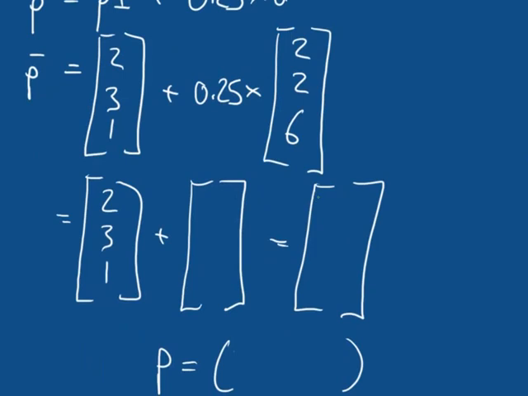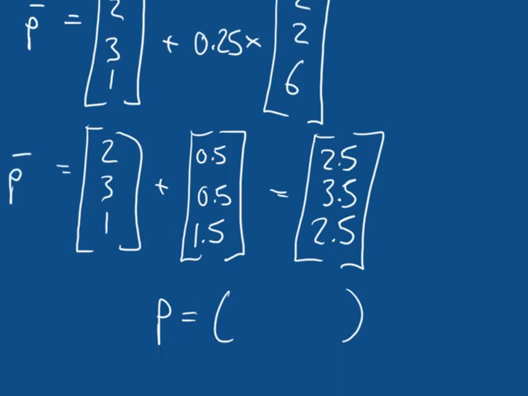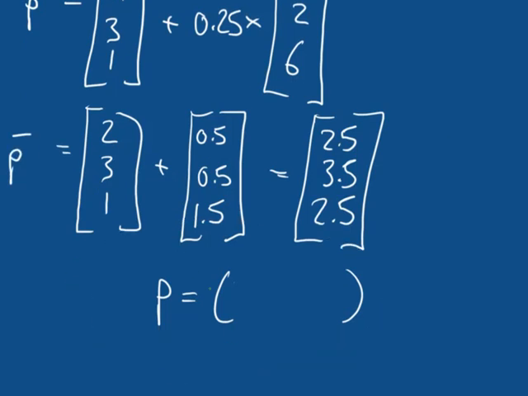which means we're going to get that p is equal to 2, 3, 1 plus 0.25 times 2 is 0.5. 0.25 times 6 is 1.5. So 2 plus 0.5 is 2.5. 3 plus 0.5 is 3.5. And 1 plus 1.5 is 2.5. So if that's what p, the position vector p, is equal to, our point p is equal to 2.5, 3.5, 2.5,